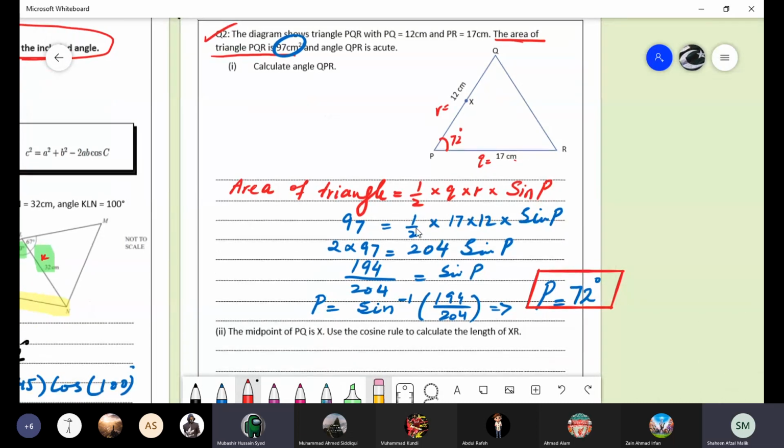No, because this 2 is divided here, Mubashir. When you take it to the other side, definitely it will be multiplied. Or you can also multiply 17 by 12, 204 divided by 2, whatever values you are getting, and take that value to the other side. Or, ma'am, we can multiply all of them, and at the end just take 97 divided by all of them, right? Yes, you can do that also. You will get the same answer. No problem.